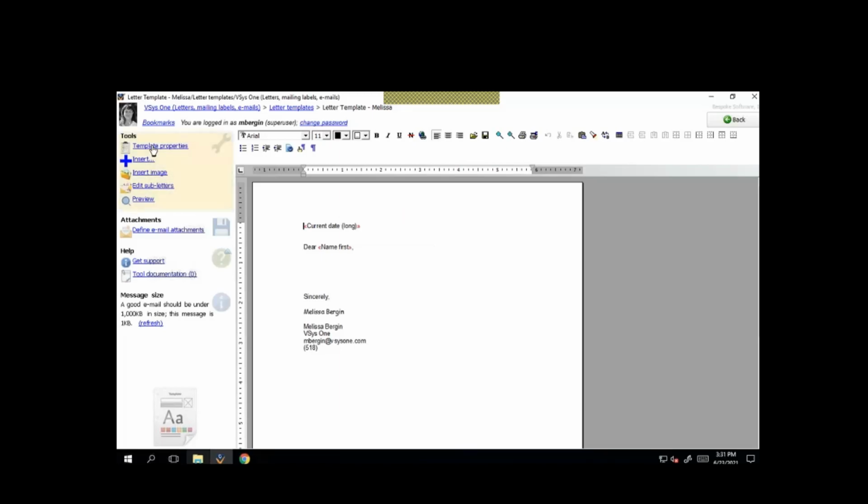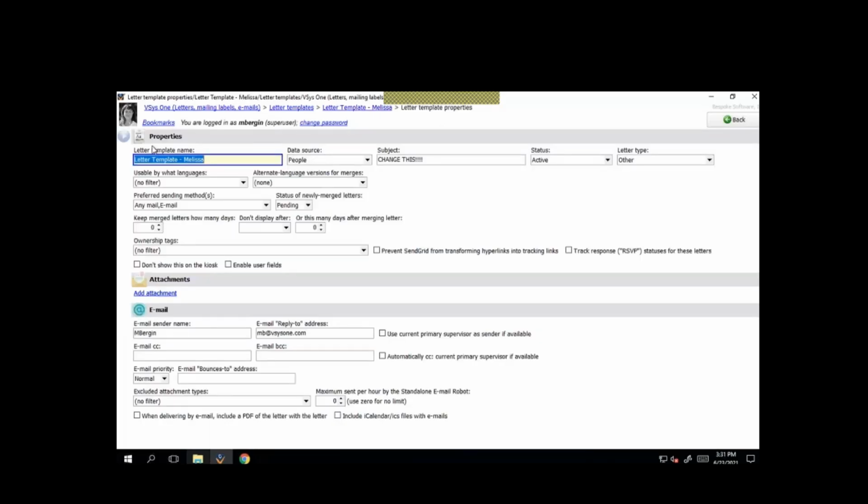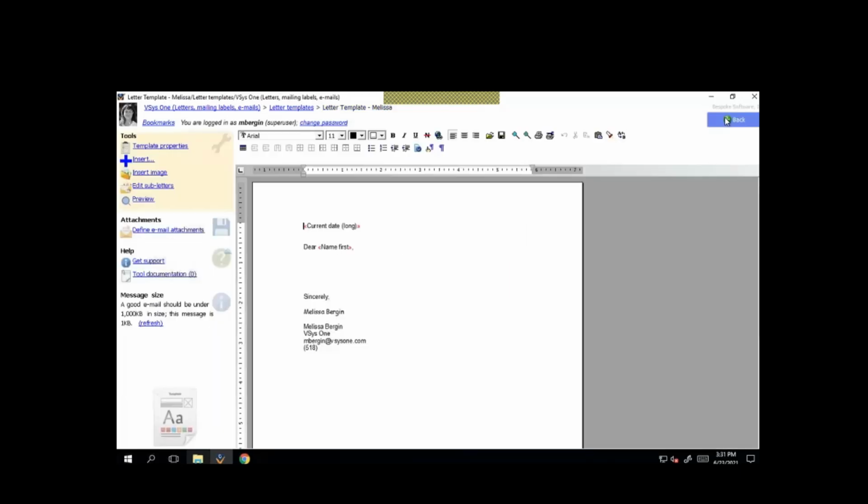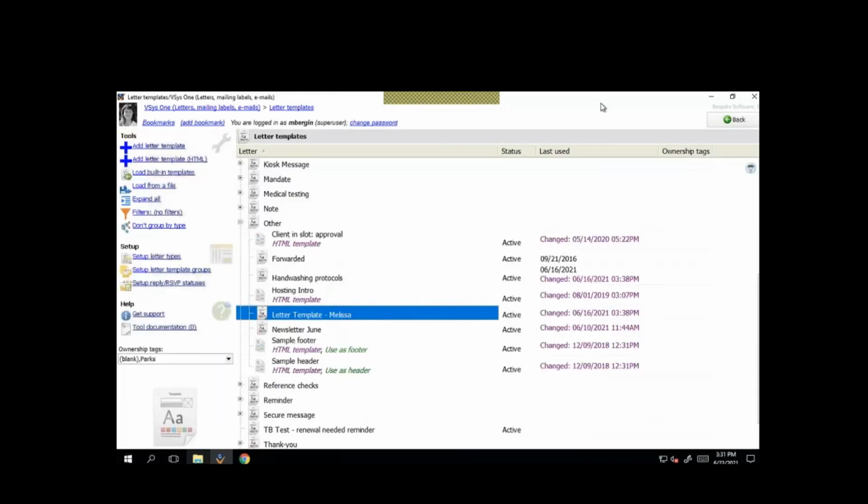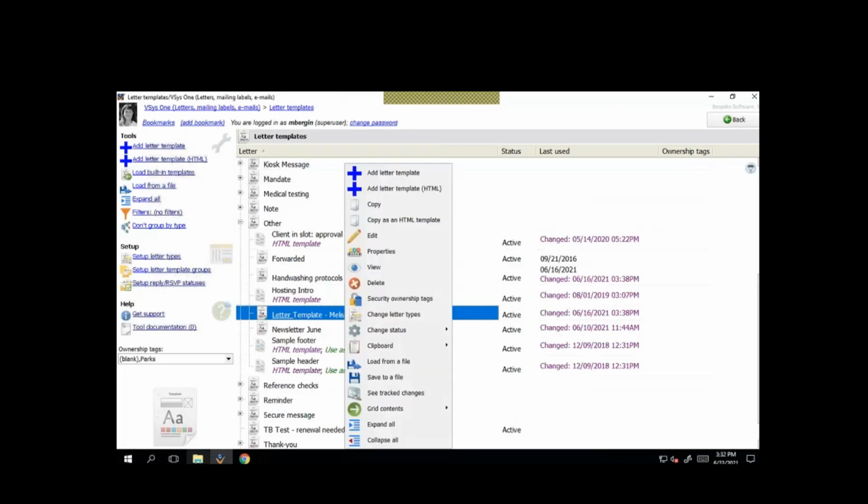When I build it, I'm going to look in my letter template properties, and I'm going to set up my email sender name and my reply to address. So once I have this in here, if something comes up that I need to quickly write a letter, I can just copy it,